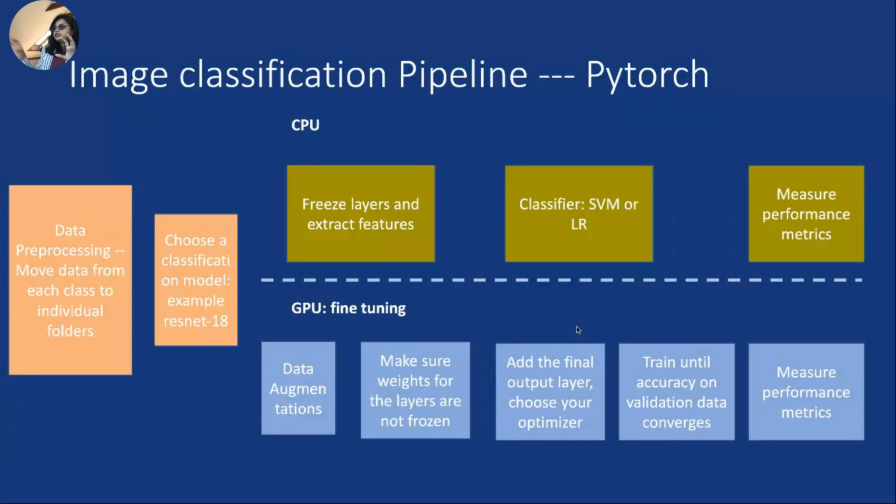This pipeline is useful when your data is similar to the data that the pre-trained network was trained on. But there may also be a time when you have very little training data. Let's say you have 100 objects as your training data. That is too small to do fine tuning. So even if your data is different from the pre-trained model, just freezing the layers and going with a classifier would make sense. But then the other line is fine tuning, and in this case,